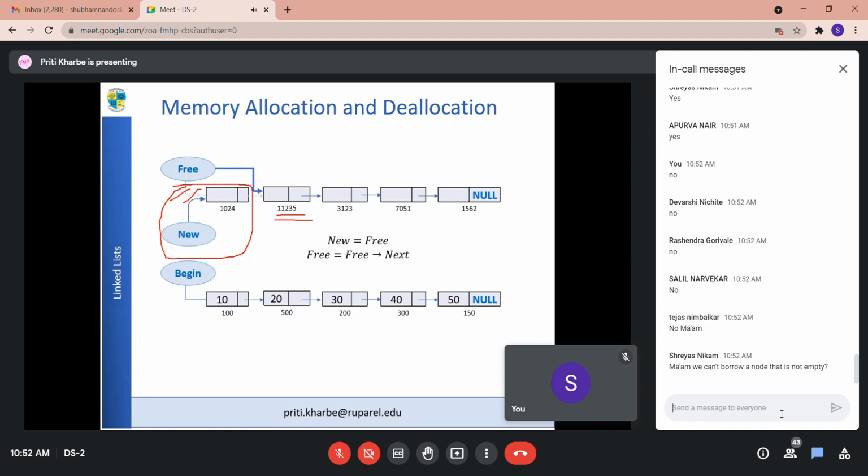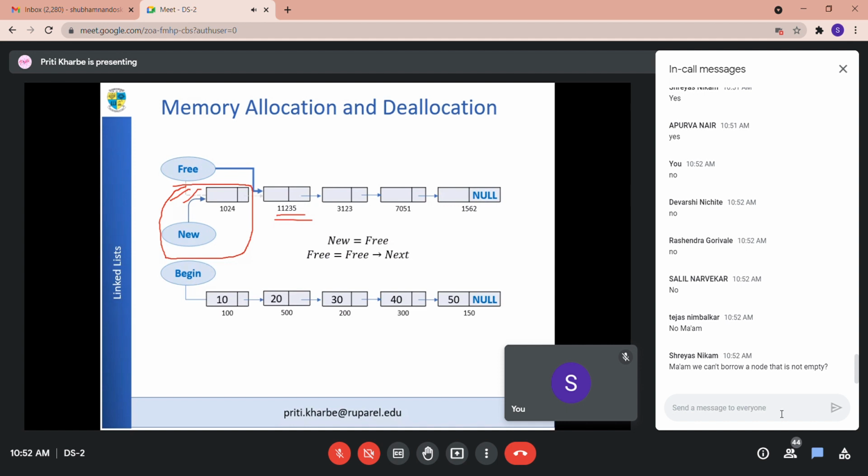We can't borrow a node that is not empty. फ्री स्टोरेज लिस्ट का मतलब होता है उसके पास सब फ्री नोड्स ही होंगे. Okay, free storage list will have all empty nodes. How can you borrow a node that is not empty?